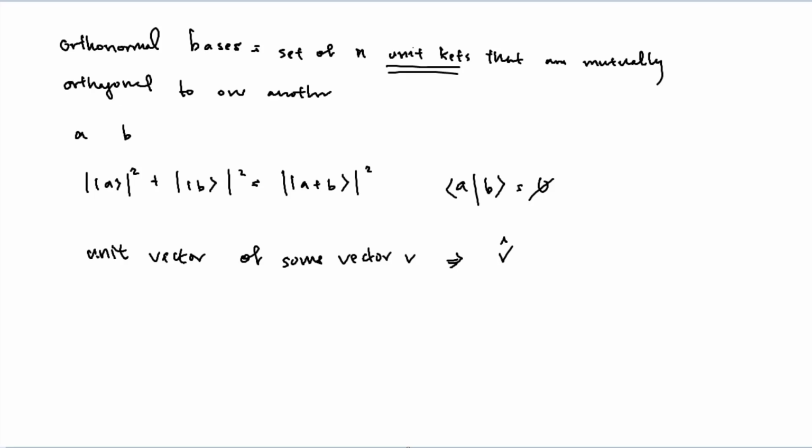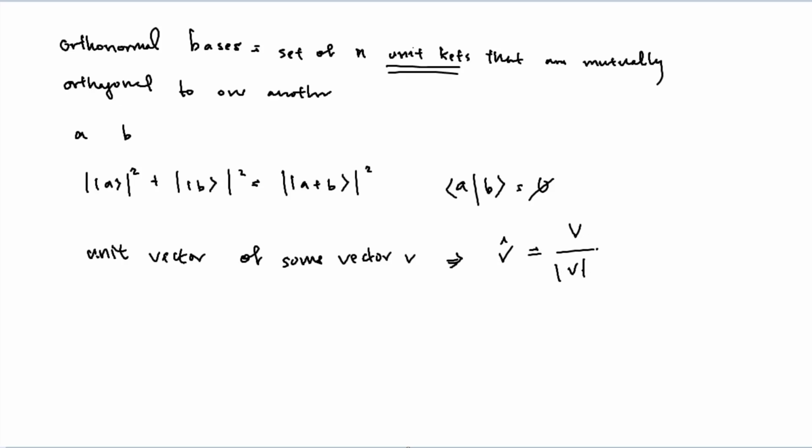It's like v hat, just a little caret on top of the v. So now, what does that precisely mean? That should ideally be equal to your vector, or however many elements, divided by the scalar value of the magnitude